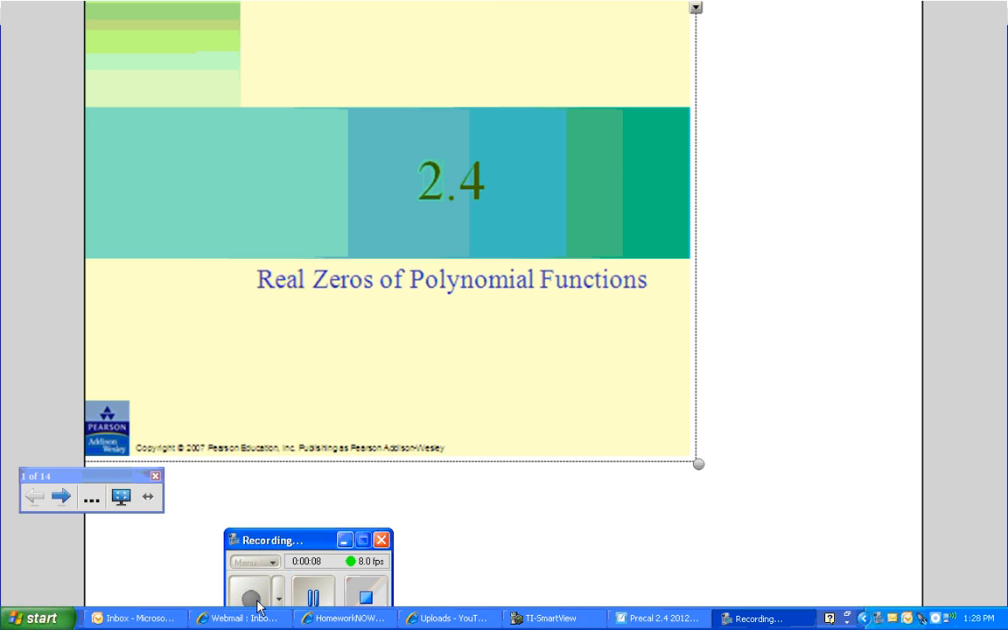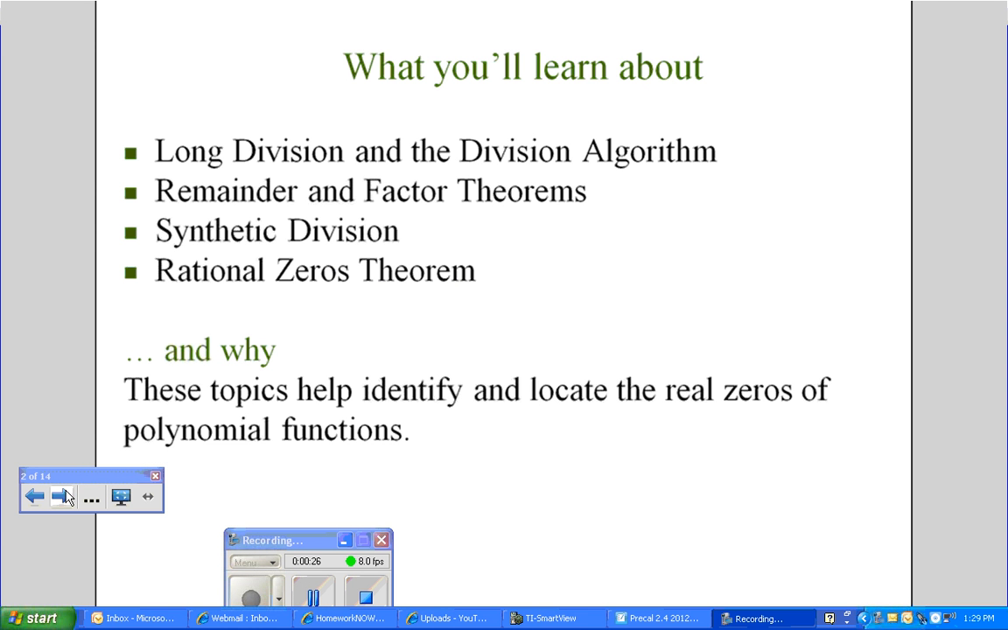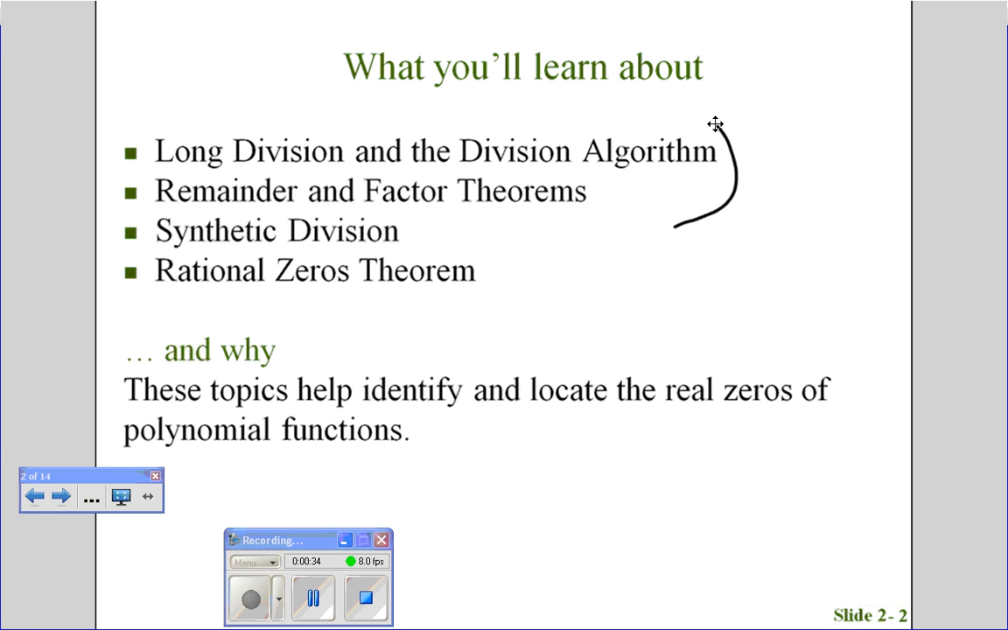This is going to introduce our topic for Monday. It is section 2.4, and it's called Real Zeros of Polynomial Functions. Basically, we're going to be solving complex polynomial functions and finding the solutions, otherwise known as the zeros. What I plan to do in this video or audio is look at the first two topics. We're going to review long division and the division algorithm, and we're also going to look at the remainder and